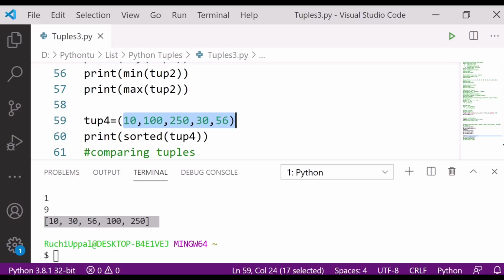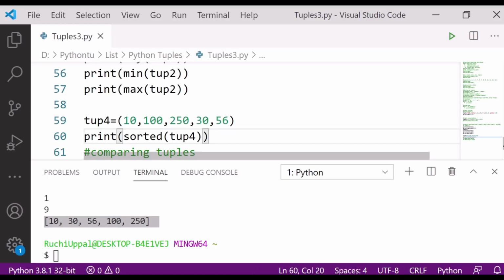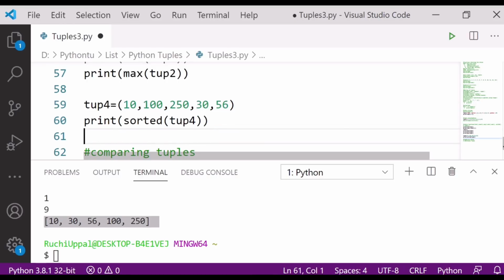Fine, so next is the index method. The index function simply finds the first index of a given item and returns the index.